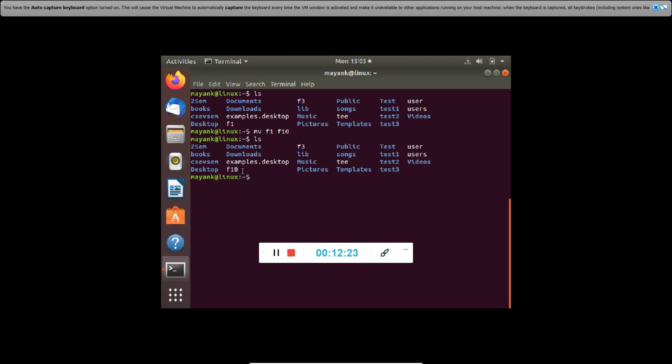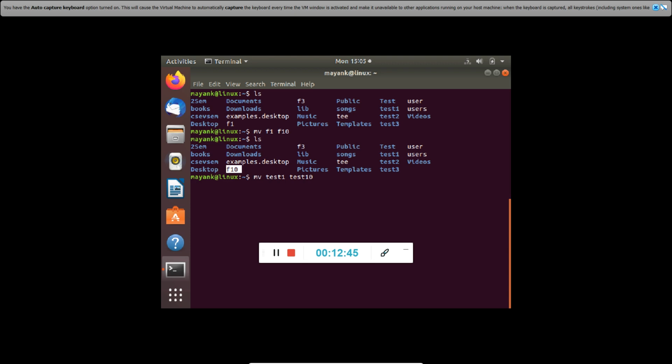It will not move somewhere. This will only rename it, because we are cutting it and pasting it with a different name. In one case it is moving it to some different place; in this, at the same place, it is just renaming it. For example, if I say move test1 and I do not change the path, what will it do?